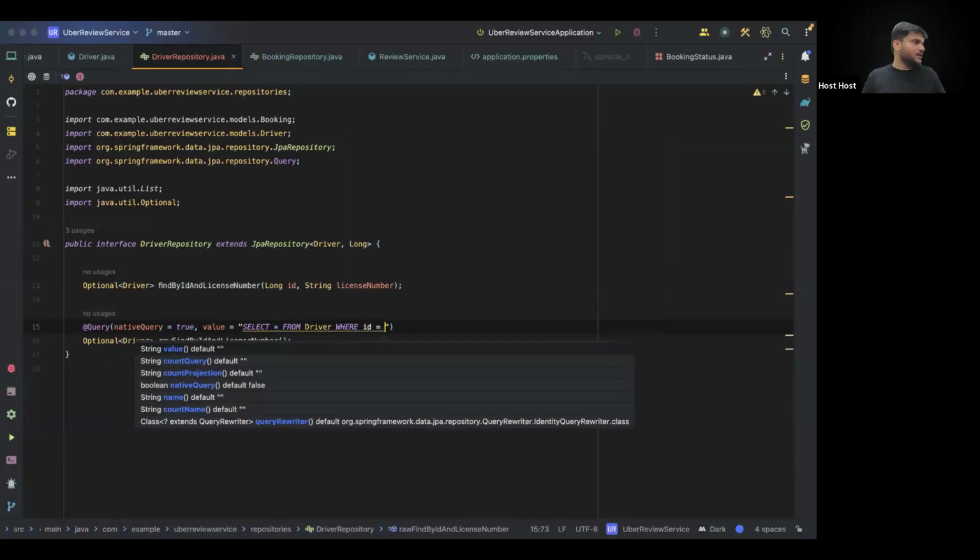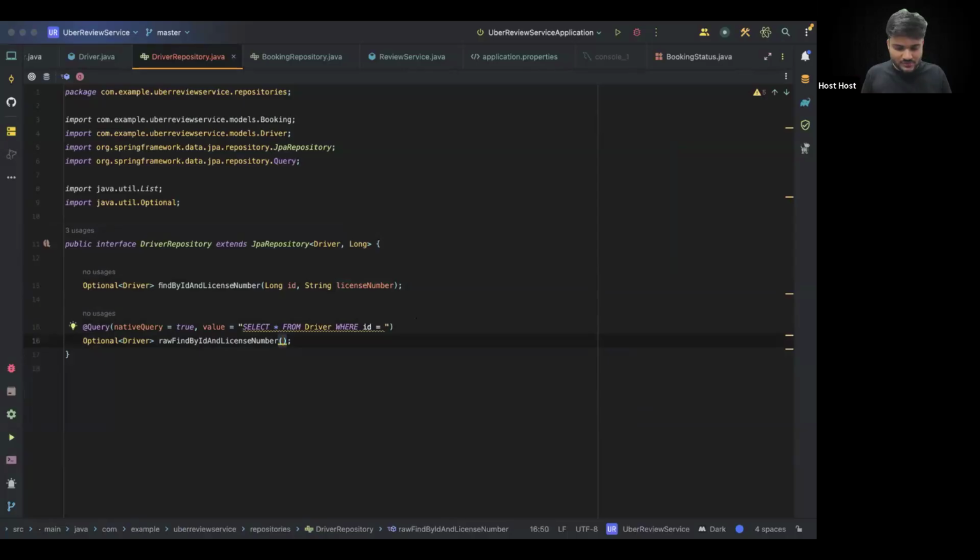ID is equals to, now generally what do you say? Select star from driver where ID is equals to 1 and license number is equals to this. Now we will be getting it in the form of a variable. So here I will say long ID and string license. How do you mention these variables here? You mention these variables as colon ID and